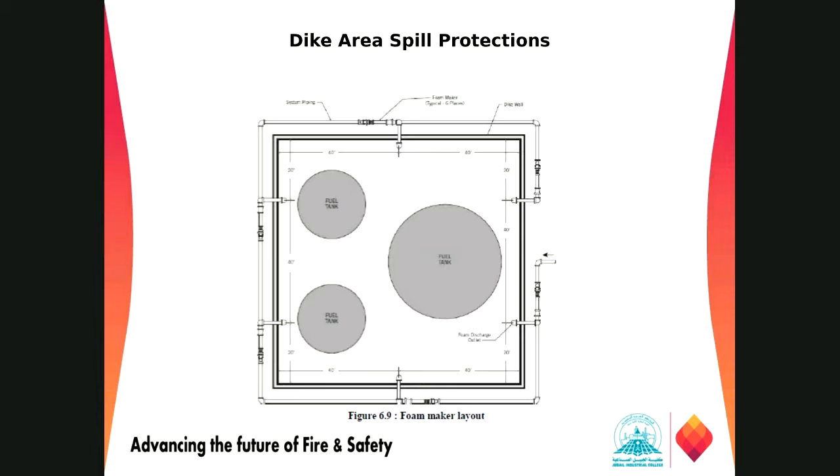And in our manual, we have the same procedures with step-by-step solutions. You can use the manual also, because in the manual we have 5 or 6 exercises, but here with this slide I have just included three exercises. One is for the storage tanks, this one is for the dike area protection, and the one we are going to discuss is for the foam water sprinkler system as per NFPA 16.